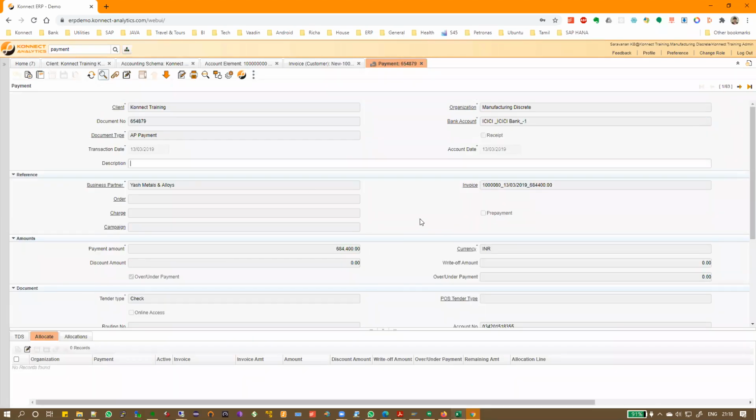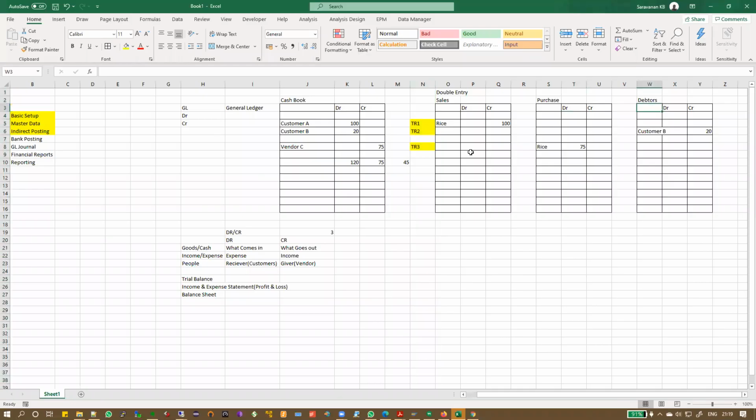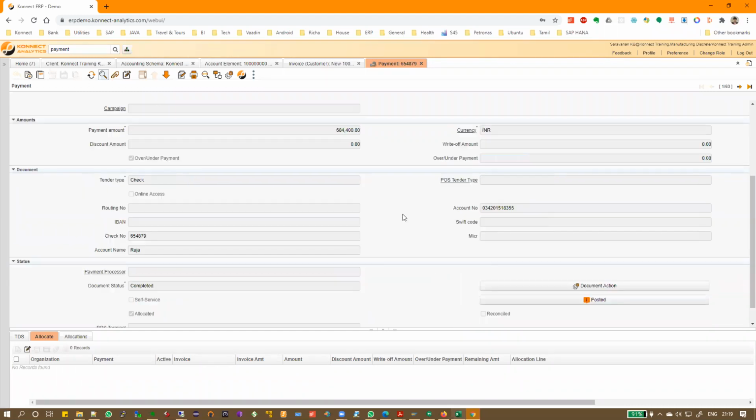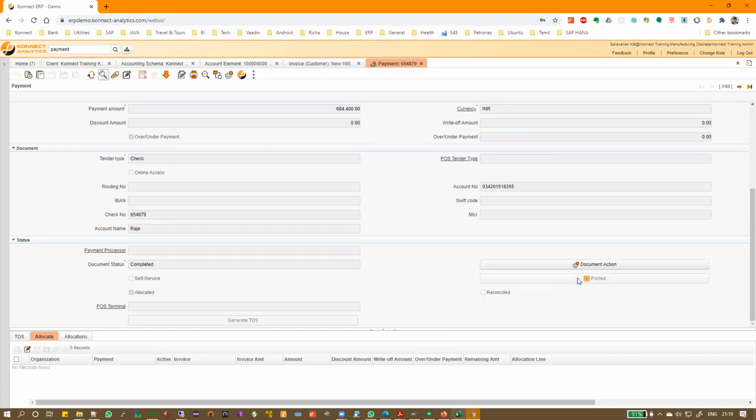Okay. So, all right. So here you have this. You have made a payment, a vendor payment, outgoing payment. So something similar to this. So there is a vendor payment you made to Yash Metals. They gave you an invoice against which you paid, and there is a bank. Now this is a very complicated transaction because all the 3 business rules will be used here. Okay. So let's look at the account posting.